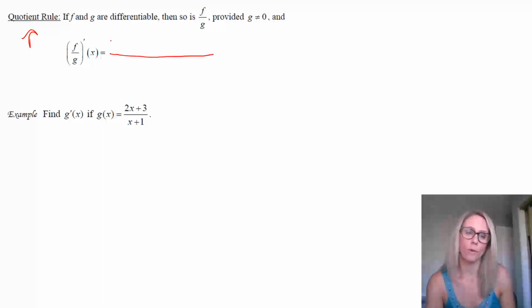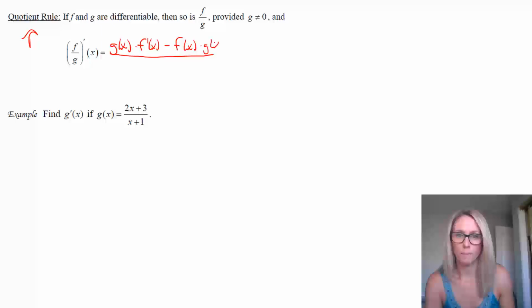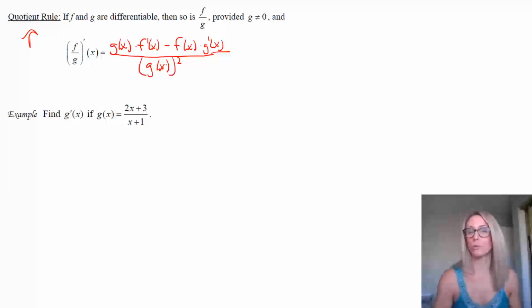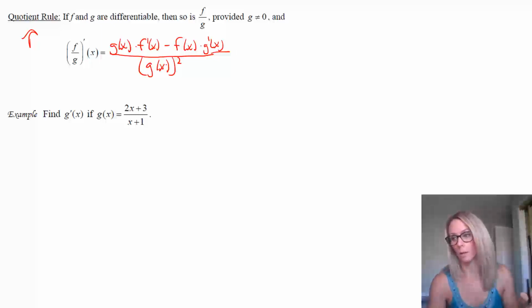So when you have a function over another function and you're taking their derivative, you're going to take the bottom function, multiply it by the derivative of the top, and then you're going to subtract the top times the derivative of the bottom. That's kind of how I say it there because it doesn't matter if they're f or g or b or t or s or p or whatever, and then divided by the bottom squared. So this is the quotient rule, and you can find a proof for this. We are not going to do it, but there is a proof. You can actually do a proof based on the product rule as one way to do it, but there is a proof and it tells us that it works.